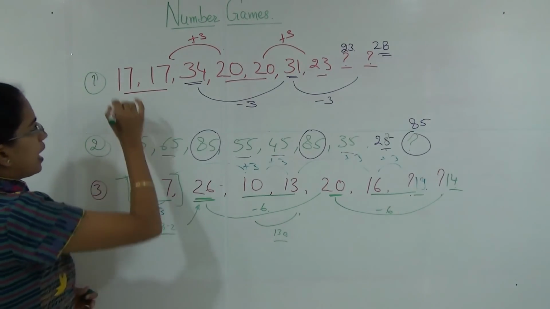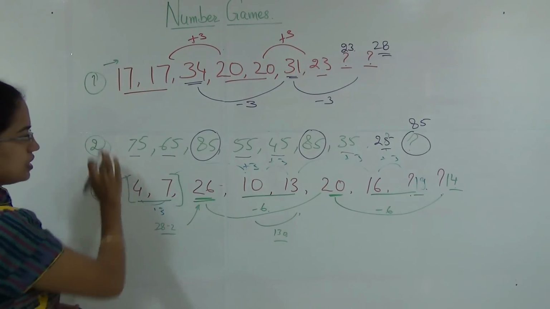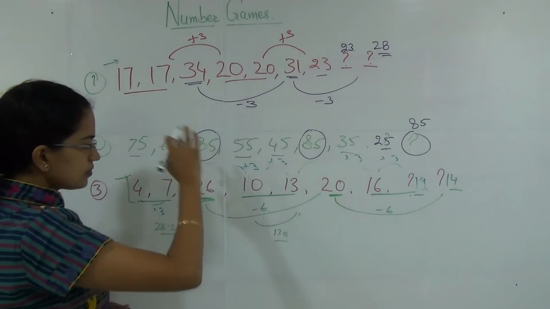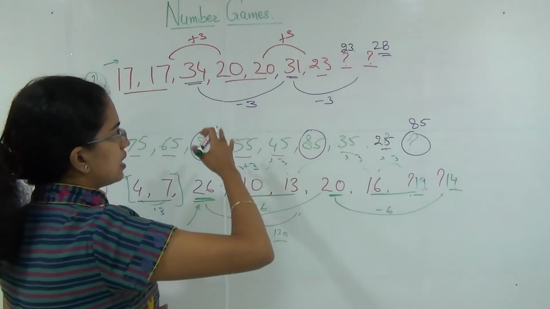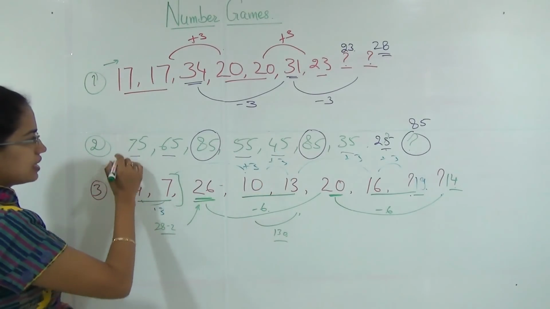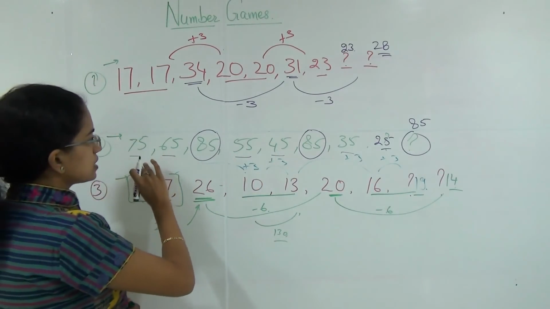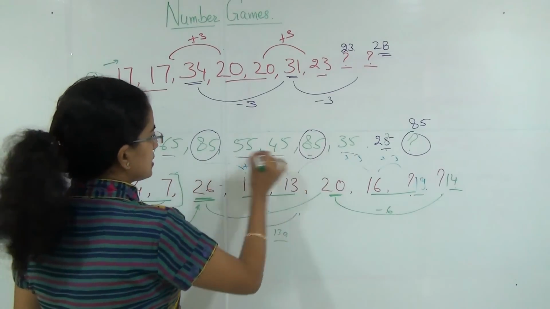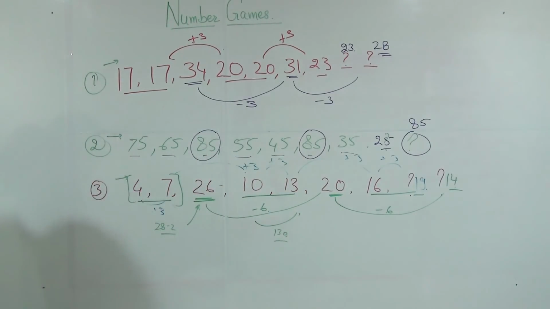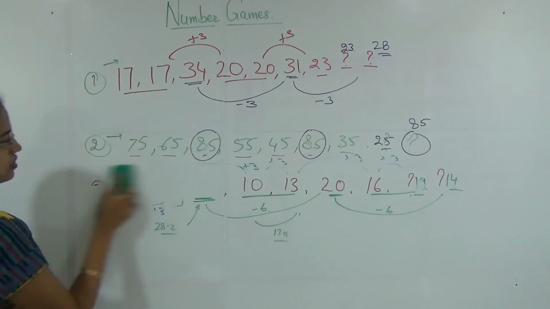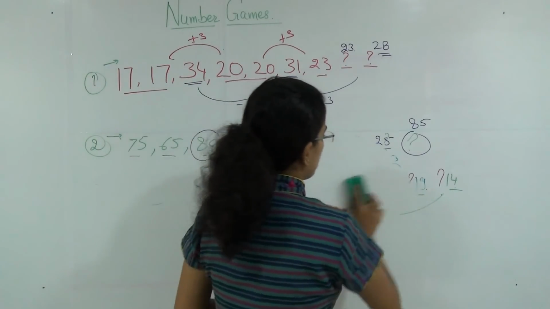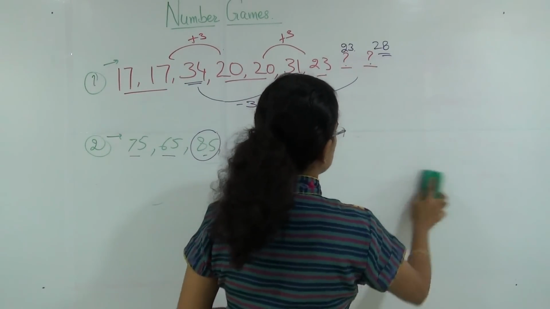Here, both of these are alternate series where one series is adding up and the other series is getting subtracted. While in the previous question, we have one series that is subtracting and the other series remains constant in nature. Now we'll move on to some really good problems in number series.